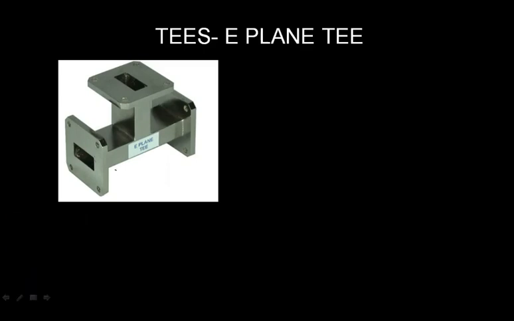This complete slot, this is the rectangular slot, is cut along with the broader dimension of a long waveguide. And the side arm, this arm will be called as the side arm. So this side arm is attached here. Okay. And you can say these collinear arms are always denoted with the port number 1, 2, and the auxiliary arm will be port number 3. So this is the structure of your E-plane T.